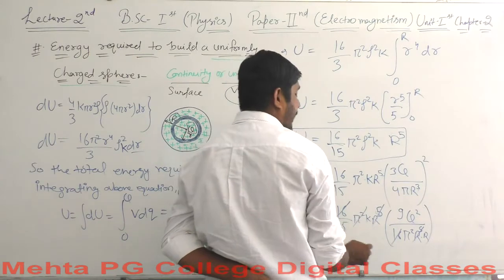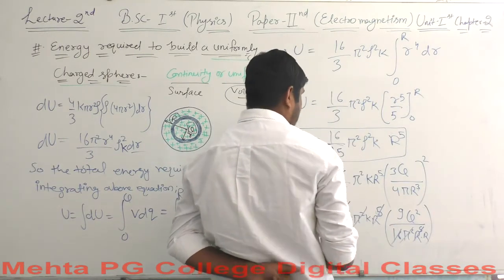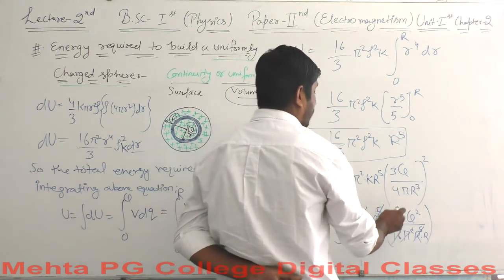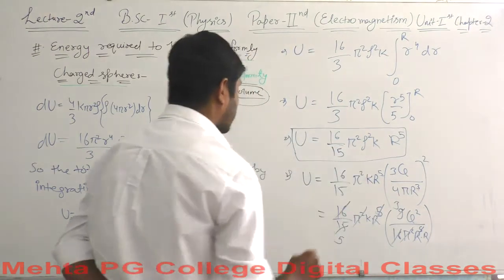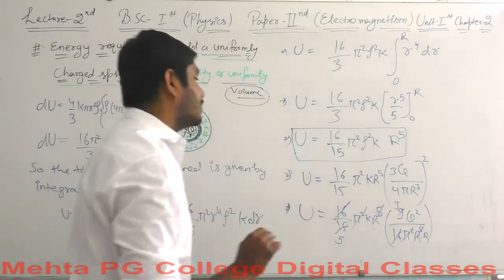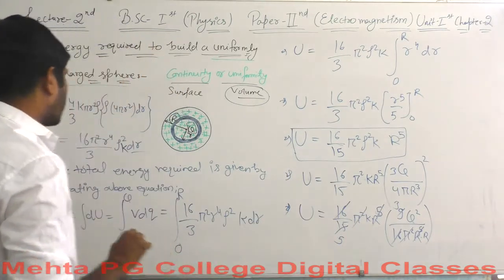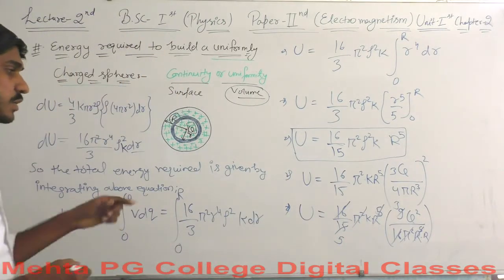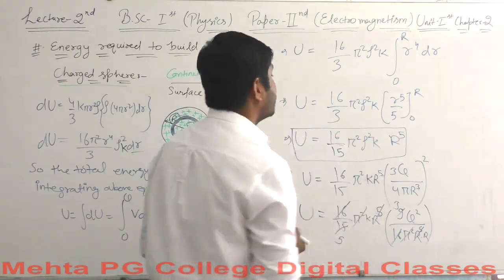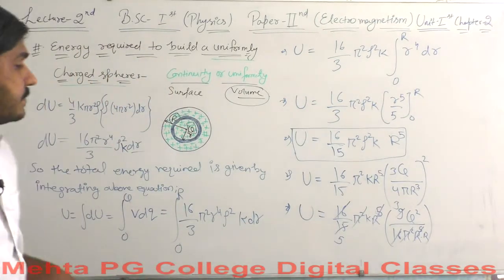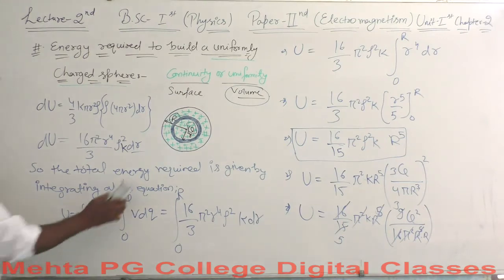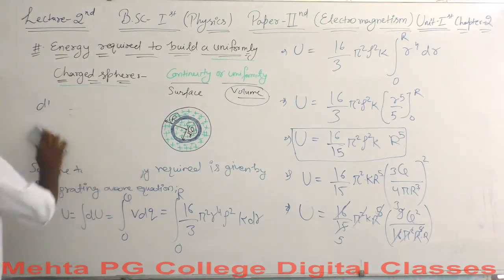16 is again cancelled, π² is again cancelled out, and something else which is the 3 raised to power 5 or 3 into 3. This is what remains, so we will have a new value here, the potential energy U. So what is the value of potential energy U by now? So now we will have U equal to, and here we need some more workspace. So you can take a screenshot, then I will proceed here. Hope that you are done here. So let's say the new values.